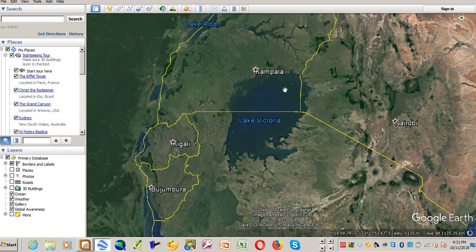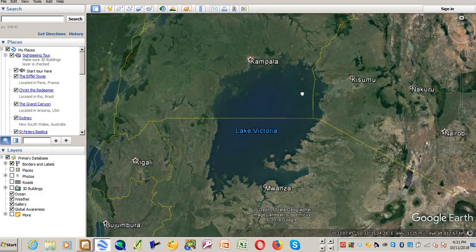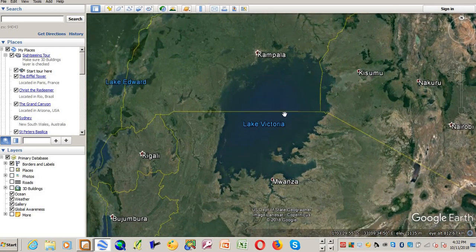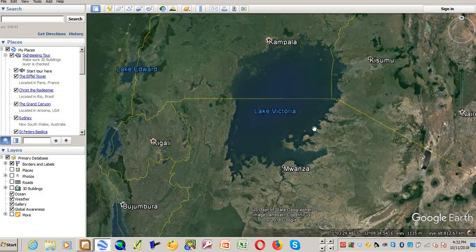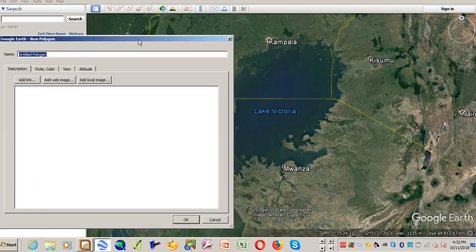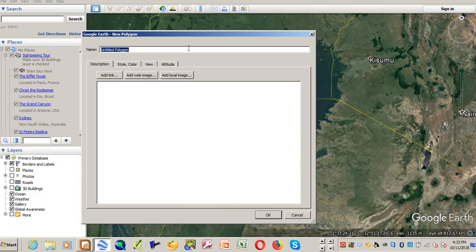So to digitize a layer, for example, here I want to digitize a layer that will outline Lake Victoria. To do that, you come and add a new polygon, then you give it a name. Let's say Lake Victoria,